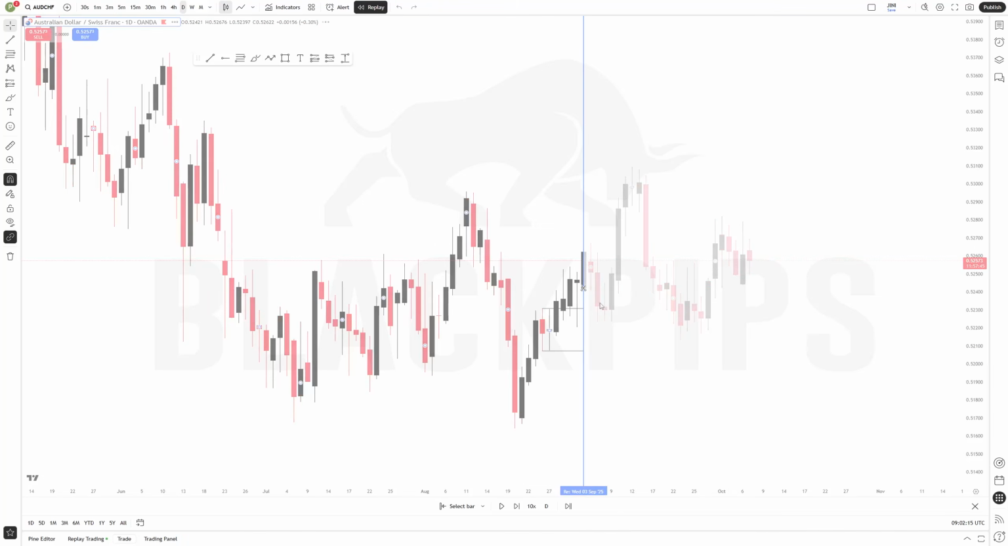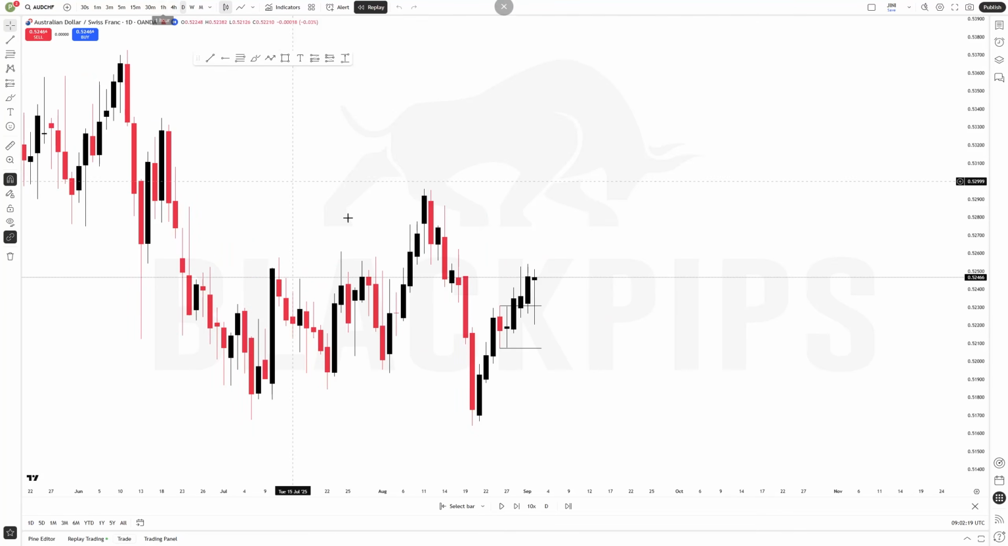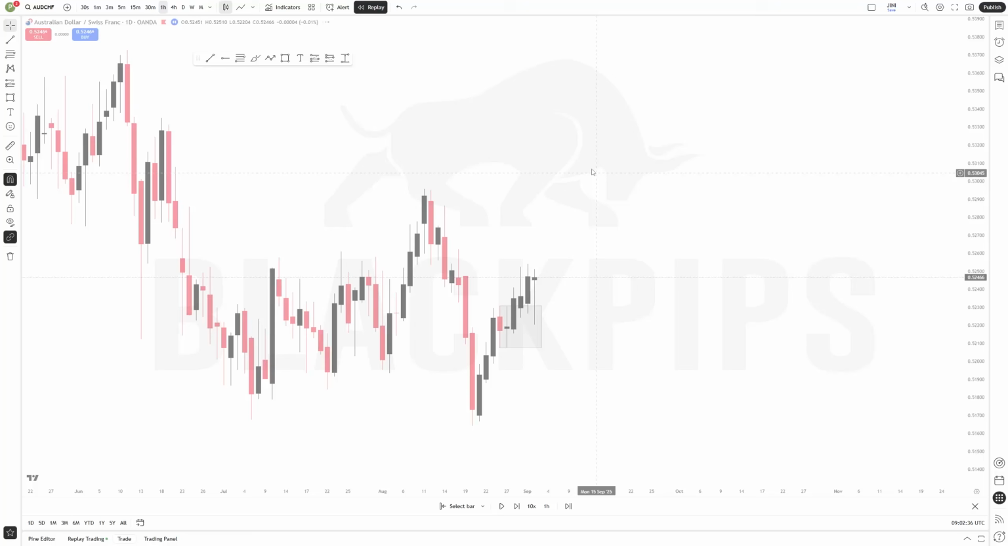So cut the chart at this point here. What you can see, this was the area of liquidity. This is our area of liquidity. Let me mark it with a rectangle. This was the area of liquidity, and if you go to the 1 hour time frame to see what happens there,